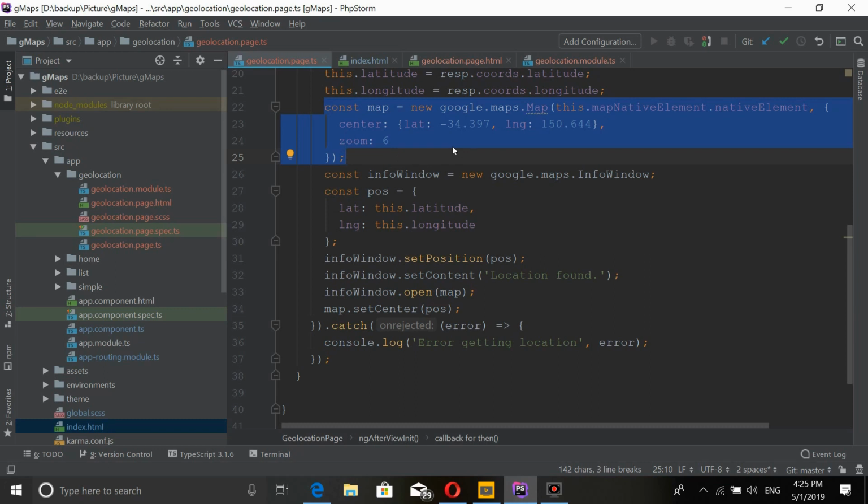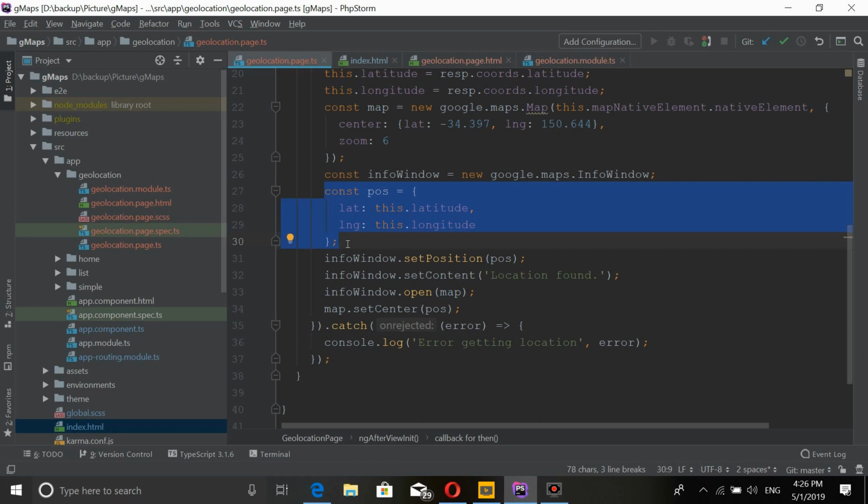Once you have created this successfully, next you need to declare an info window. An info window is just a way to show some information to the user inside the map. Here I want to show "This is your location." So I need to create an info window inside the map. This is the code. Create a new info window here. Next I want to convert my latitude and longitude into a Google Map position coordinate, a LatLng object. Next I want to set the position of the info window, just showing the info window at that latitude and longitude.